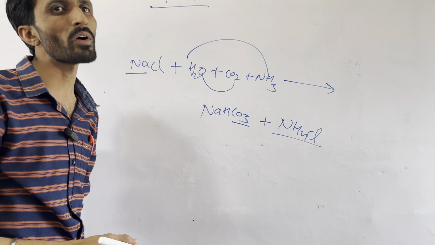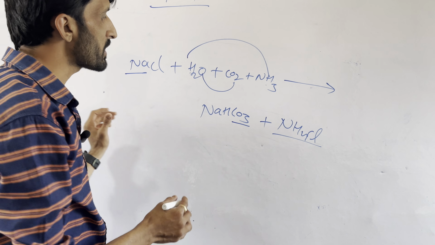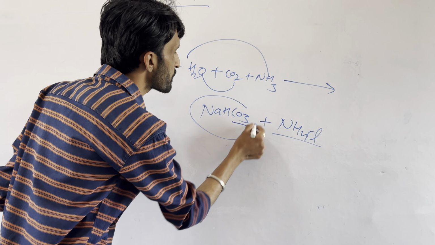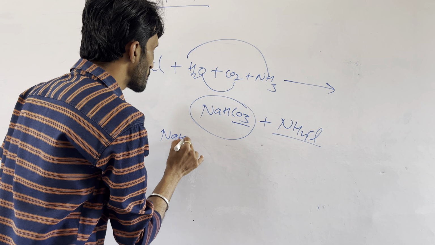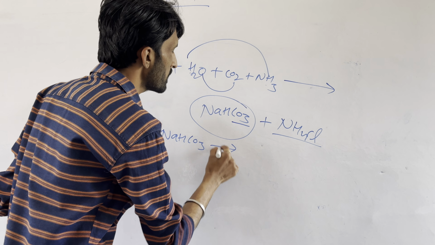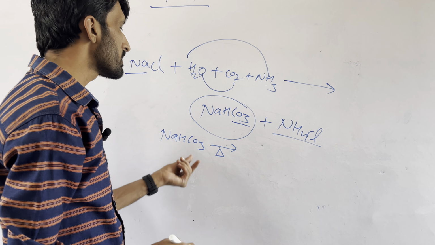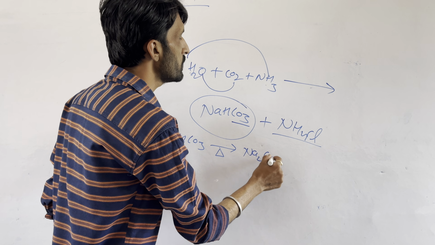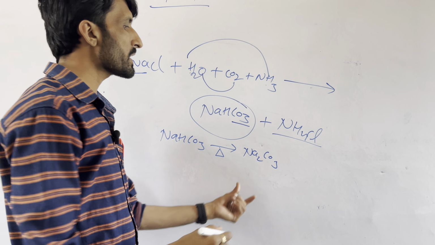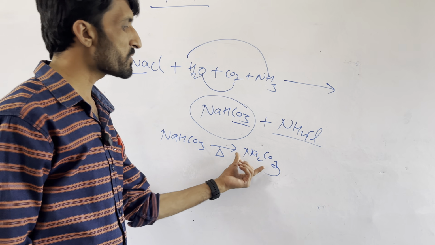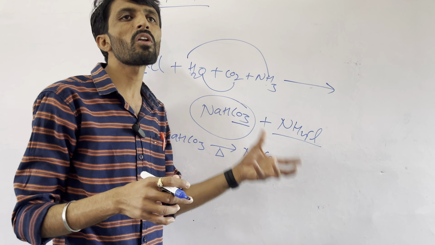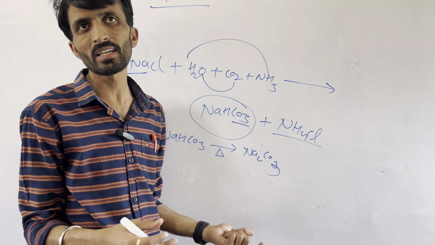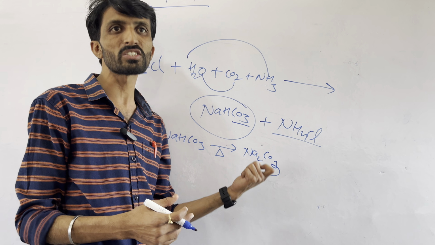So after that we require the washing soda. What is the washing soda formula? Na2CO3. So what are we taking? We are taking this product NaHCO3. We are burning it. As we are burning it, the hydrogen is eliminated from this one, and we are obtaining Na2CO3. But this one is not washing the cloth properly. Why? Because the washing soda has water molecules in it. That is called water of crystallization.